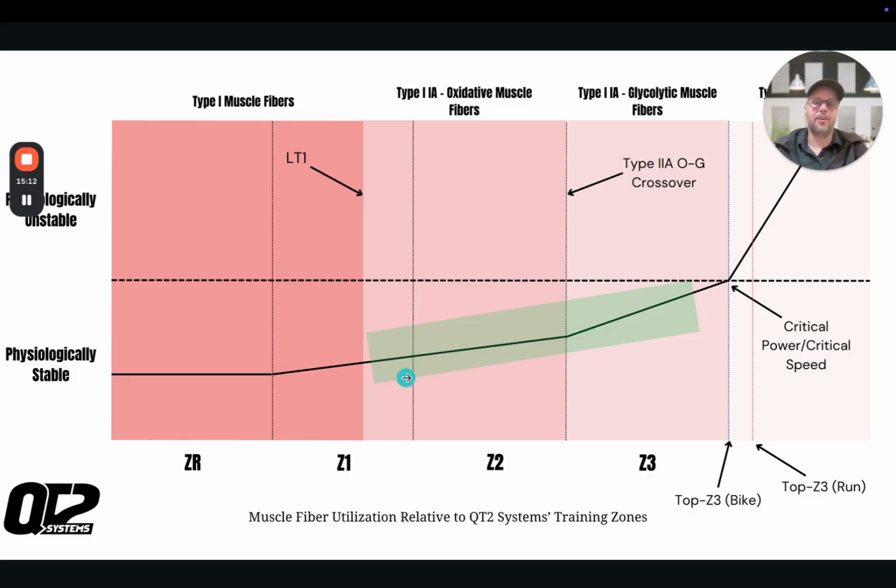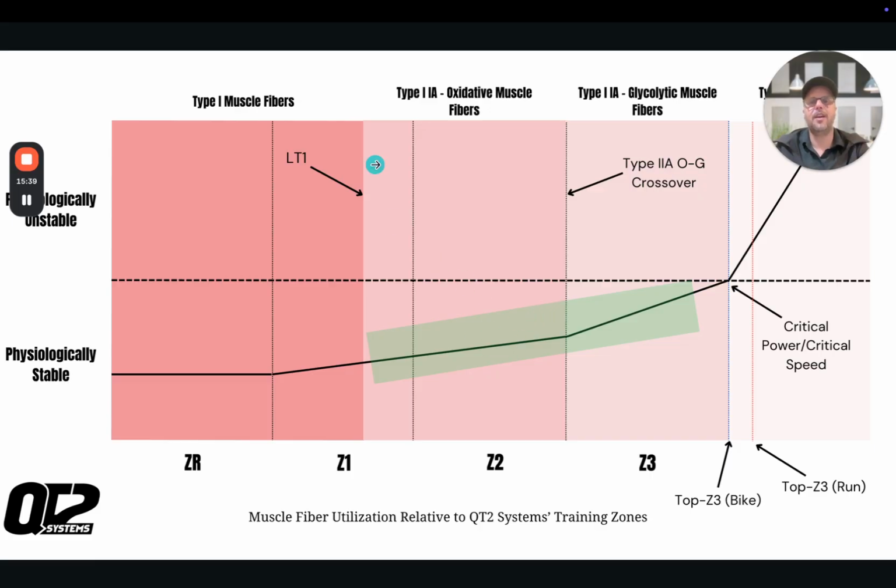If we are training for a half Ironman, we're probably going to be focused a little more on this area of the type 2A fibers. During Ironman, we are a lot of type 1, but all the type 1 is typically going to be maximally utilized, maximally recruited, and then we're going to be pulling into the lower end of type 2A oxidative fibers